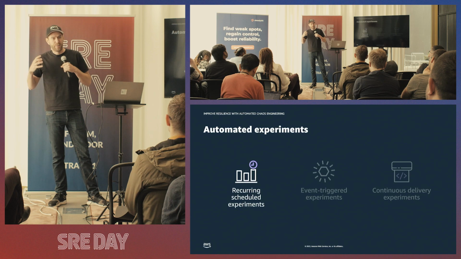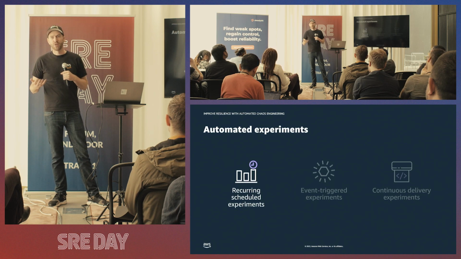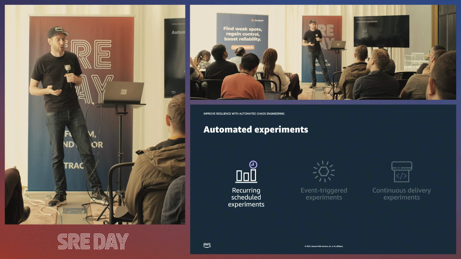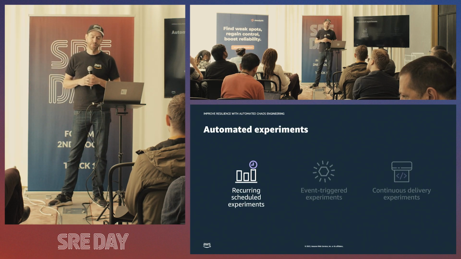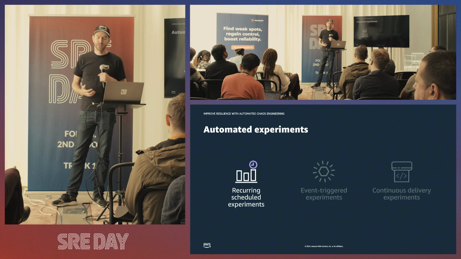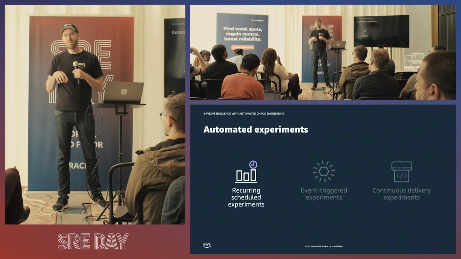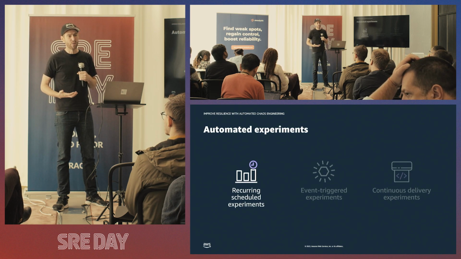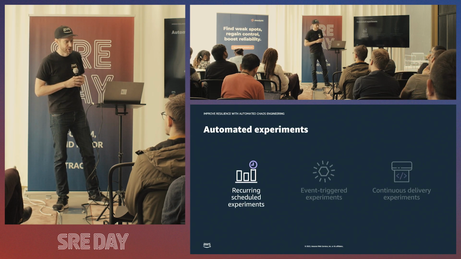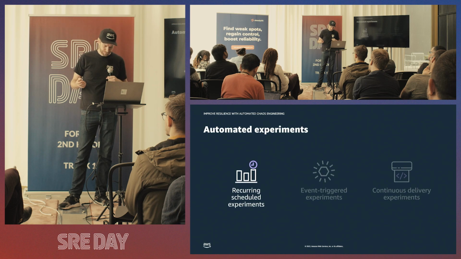They are releasing new versions of their services, services that we might depend on. So the verification we got from doing a one-off chaos experiment a month ago or a week ago might quickly become obsolete. By scheduling experiments to run on a recurring schedule, we can get that same verification over and over again as these unknown parts of the system change.